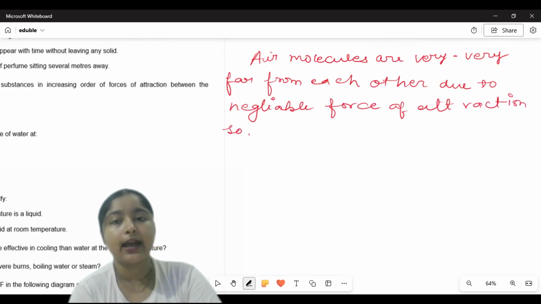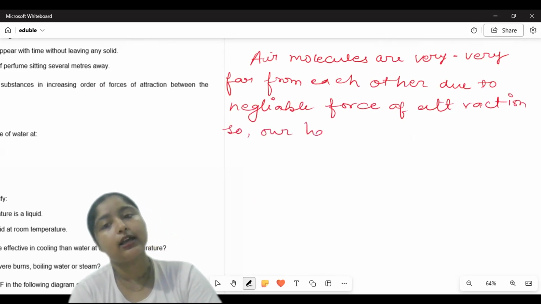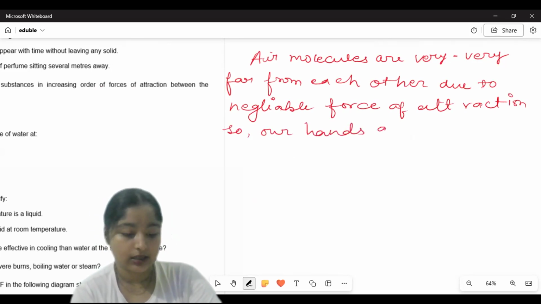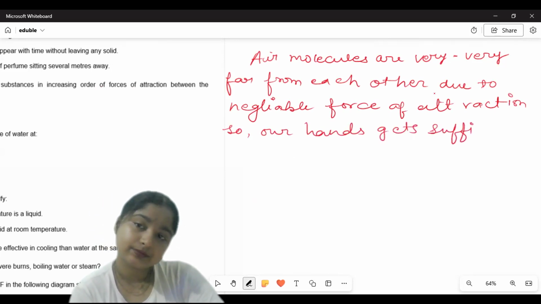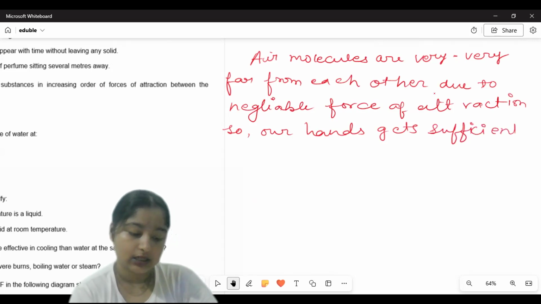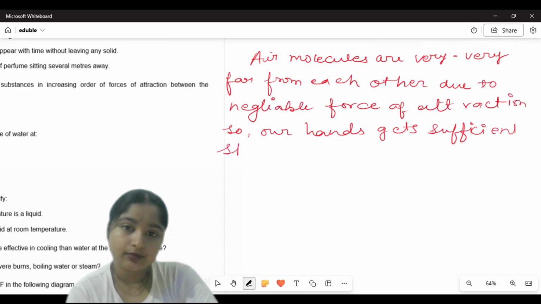So our hands get sufficient space to move,